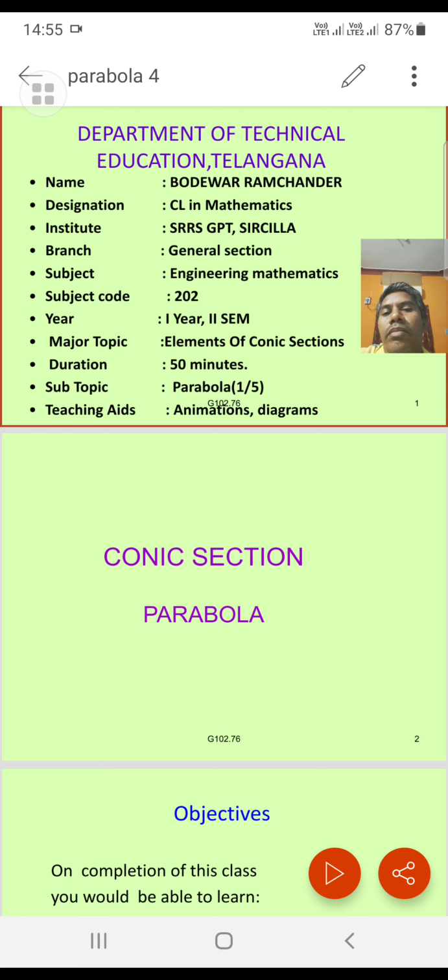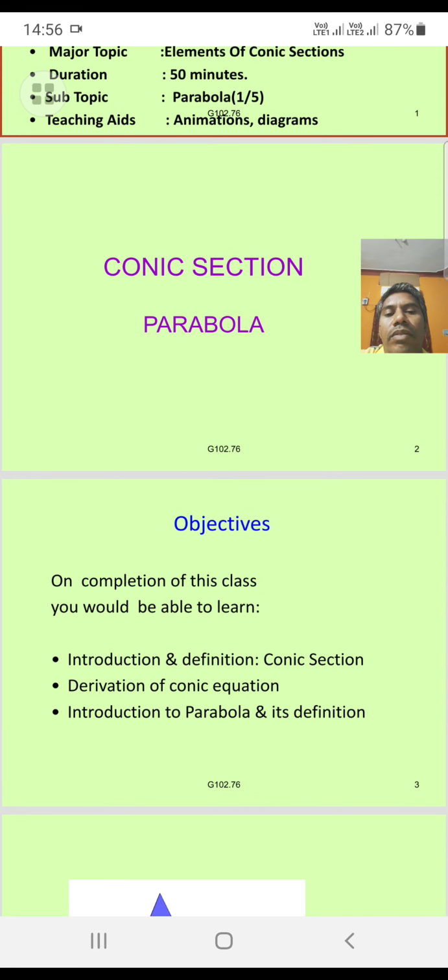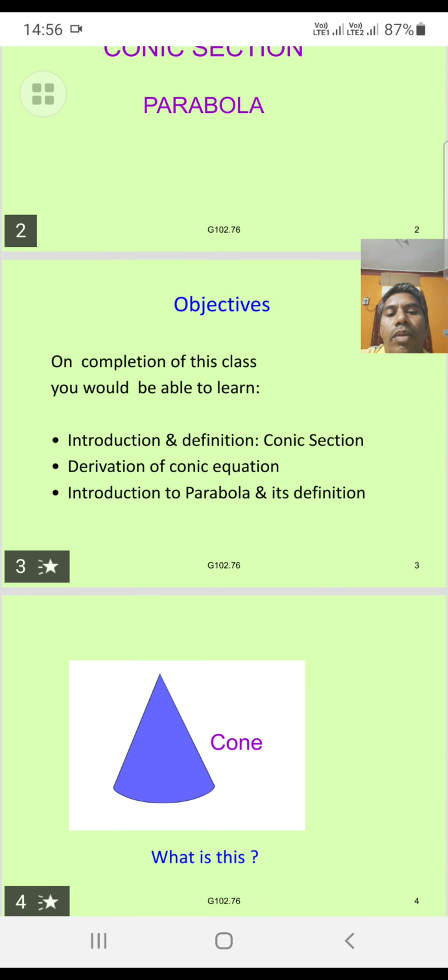So if you understand this, you can easily know the remaining forms,